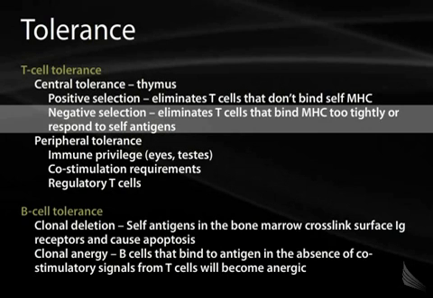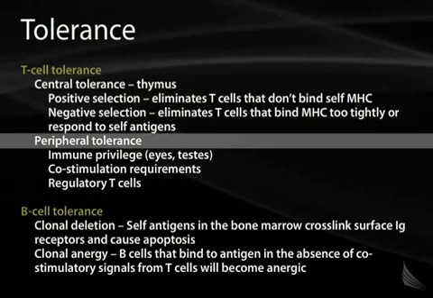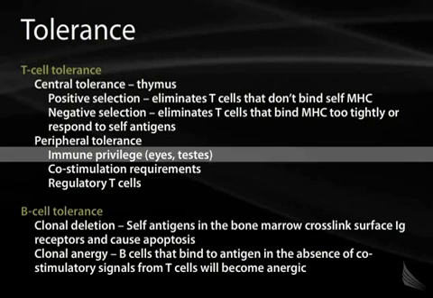We hope to get rid of all of those autoreactive T cells in central tolerance before we even release them to the periphery. Despite the fact that the thymus is fairly efficient at doing this, there are autoreactive T cells that make it through the thymus and get out into the environment. So we have further tolerance mechanisms in place to prevent them from being activated peripherally. One of them is immune privilege. We have certain tissue sites, such as the eyes and the testes, that do not allow the immune system to come in. This prevents any autoreactivity from going on in these specific sites.